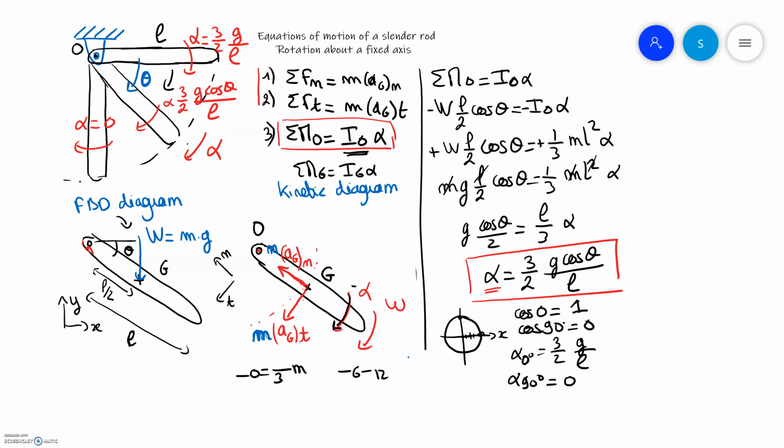So let's use ON and OT. Okay, and forget about those axes, X and Y. So we will use the same axis, the axis T and the axis N, the same T and N for the acceleration. Okay, so